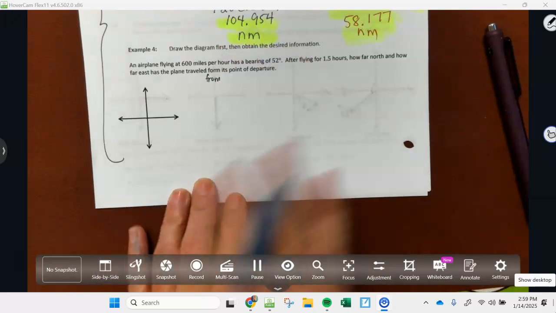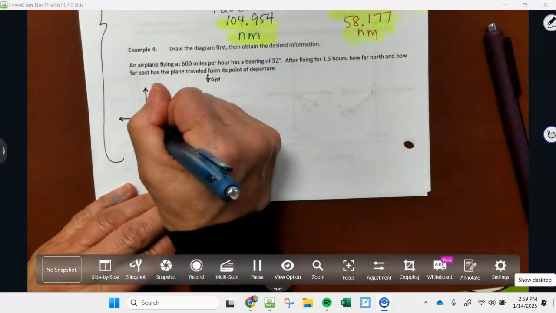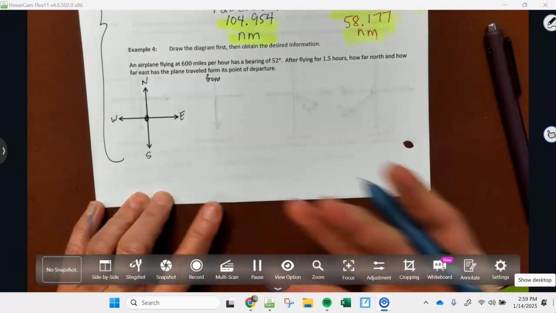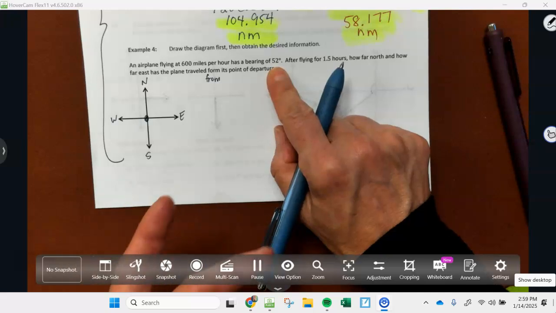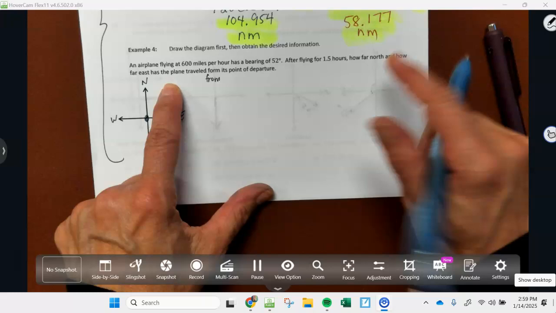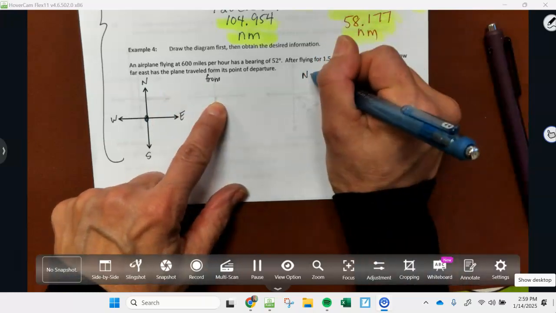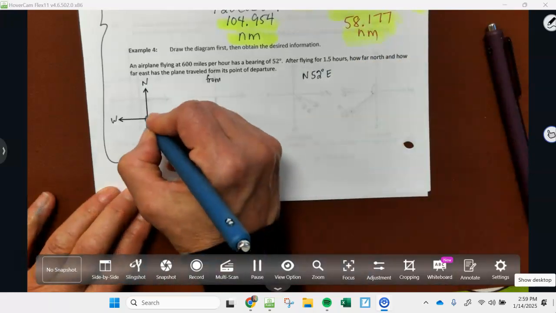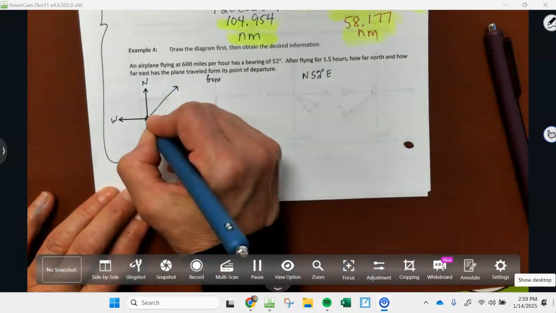All right, here we go. Please remember it always starts at the origin: north, south, west, and east. If you notice, I didn't really have the direction that it went, but after reading the second sentence, now we know. So this is north, 52 degrees towards the east. So that plane started here,